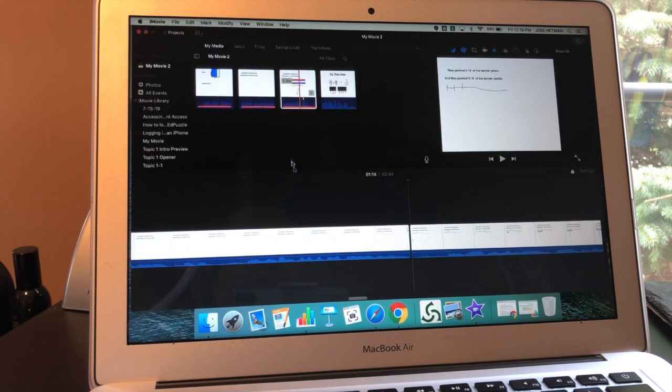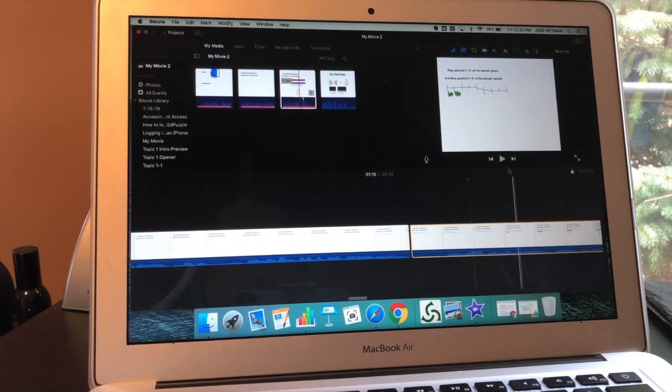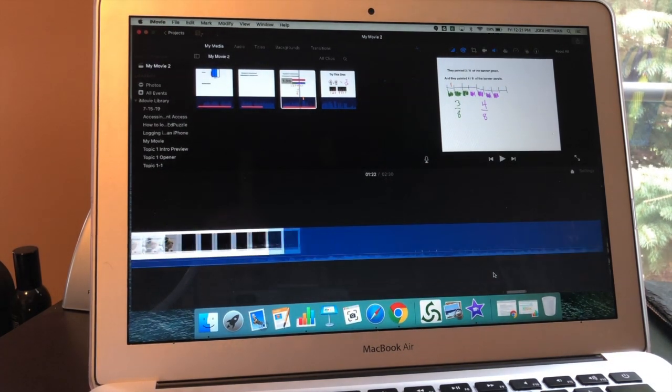That means I'm making 2 separate clips out of that second one I had added. I know I don't want any of this where the animation of the drawing was too quick. So I'm going to highlight it so it's in yellow, and I'm going to delete it using the delete on my keyboard. So I'm going to go all the way to the end of the third clip that I added,